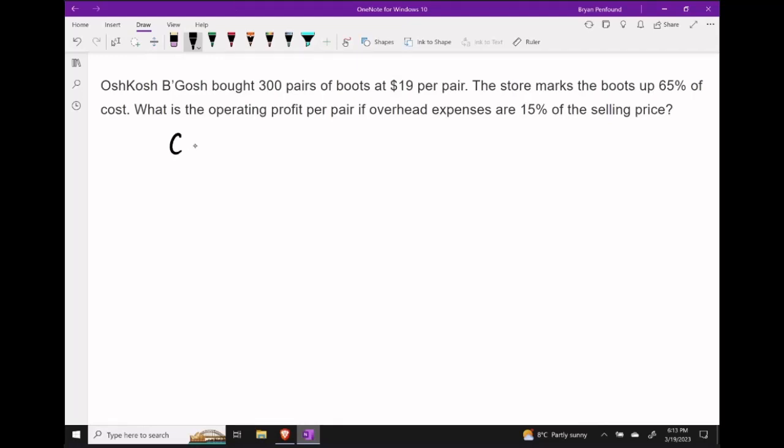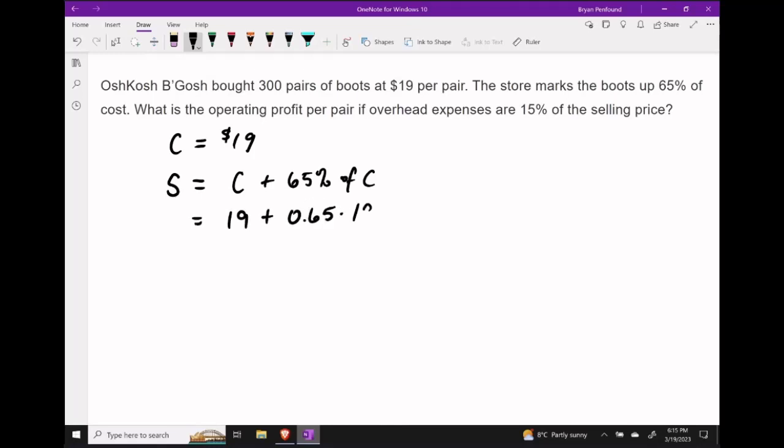Alright, so let's begin by noting that the cost per pair of boots is $19. In order to get the selling price here, we need to take our cost price and add to it this 65% markup. So we need to take the cost price and add to it 65% of the cost. We know that the cost price is $19. So let's go ahead and calculate the following. 19 plus 0.65 times 19. And this is going to give us a selling price of